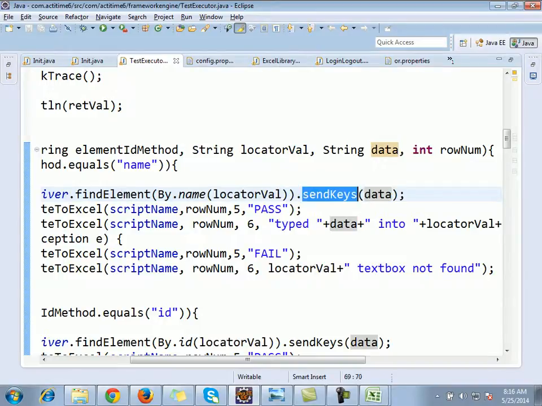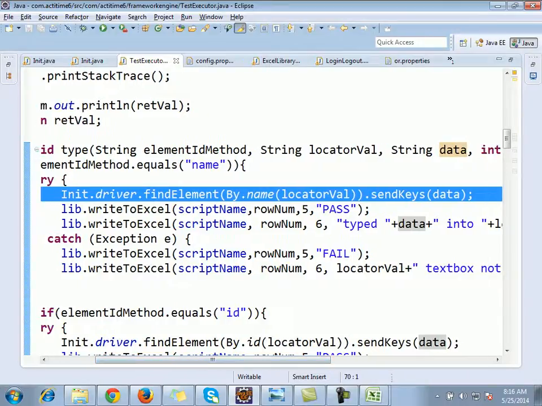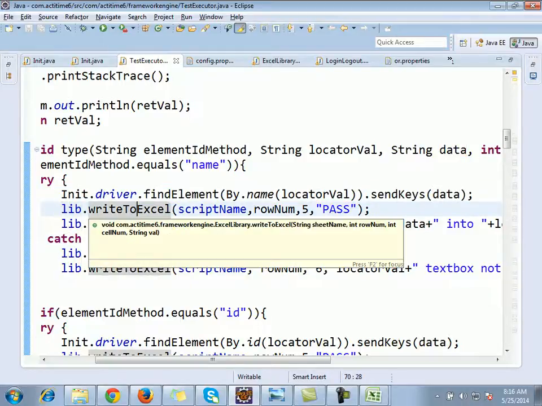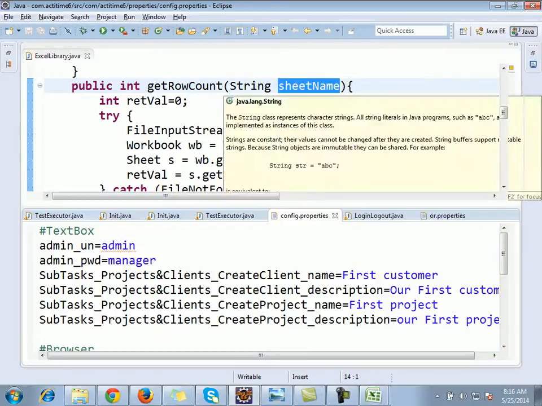So if things work properly, if there are no bugs, for example if it's able to identify the element and then work on it, the command will go to the next line and then go to the write to Excel method, which is present under the Excel library class. That's going to accept me totally,